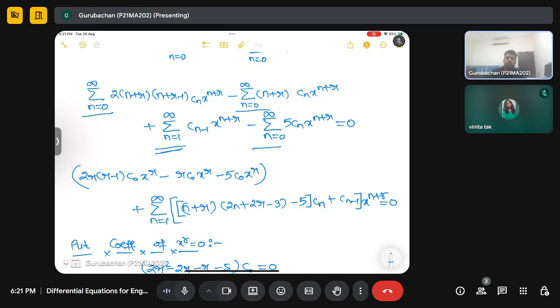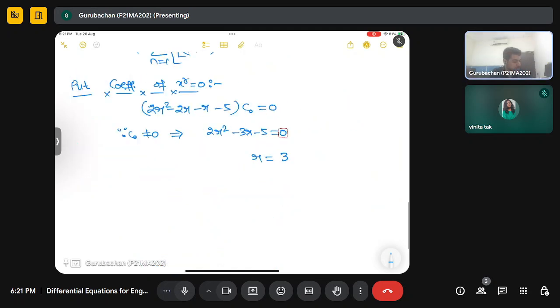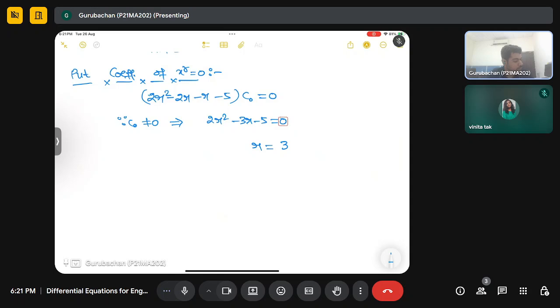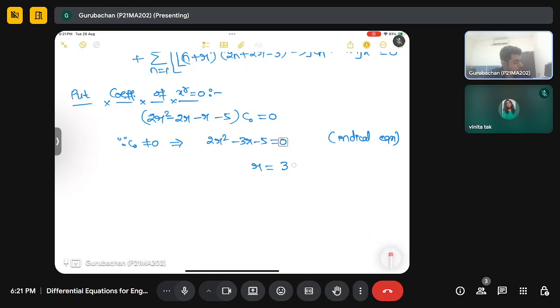So we got this as our initial equation. After this initial equation, we can find out these roots. So what will be these roots? These roots will be 3 plus minus 4